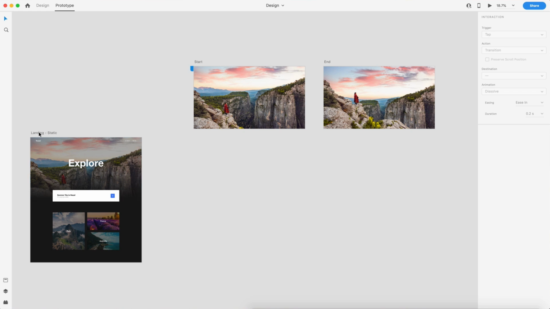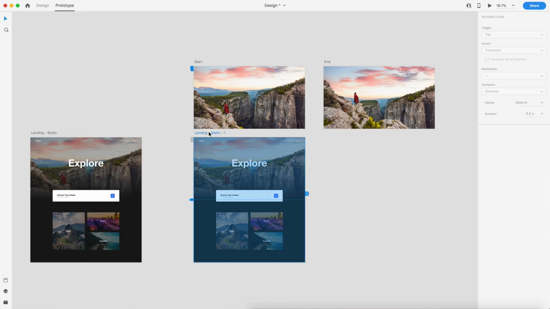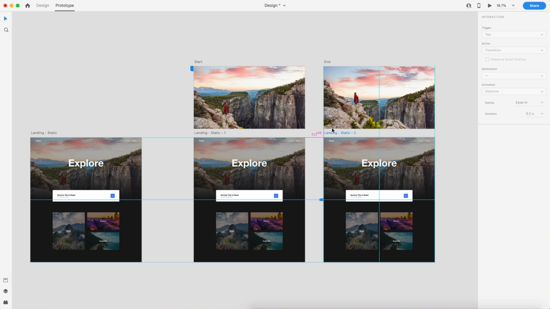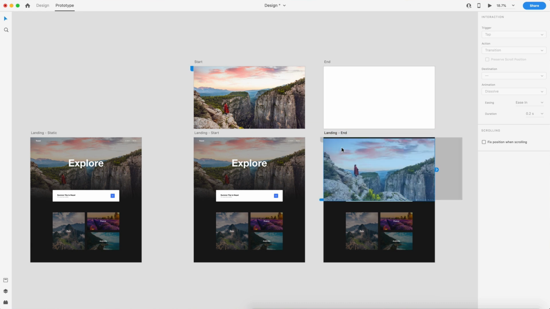So I'm just going to grab the landing page static, holding Alt to create a duplicate. And I'm going to place a duplicate below each one of these. We'll call this one landing start, and then we'll call this one landing end. I'm just going to slide the overlay out of the way and delete the background image, and we'll just drag this layer into its position. We'll send it to the back with Command Shift left square bracket key, and then we'll add the overlay back